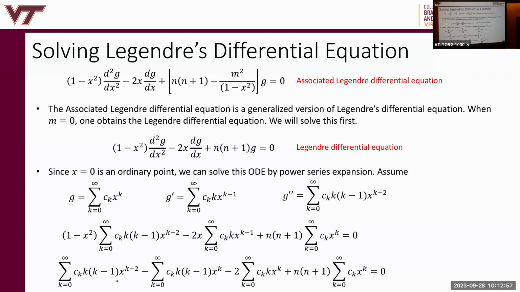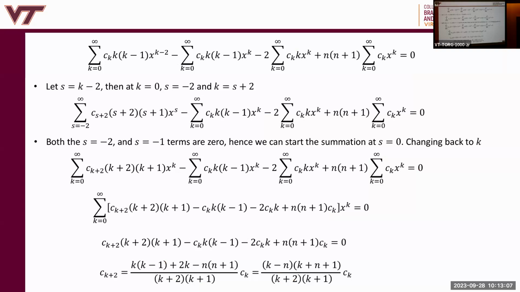So we still have this problem. This is k minus 2, but this is x to the k, x to the k, x to the k. This is 0, this is 0, this is 0. So you just have to work on this term now. All right, so I've repeated it here.